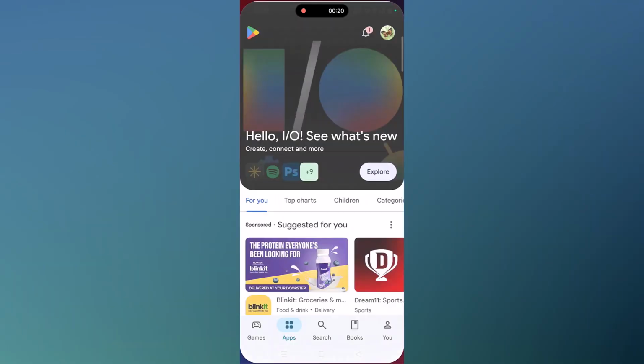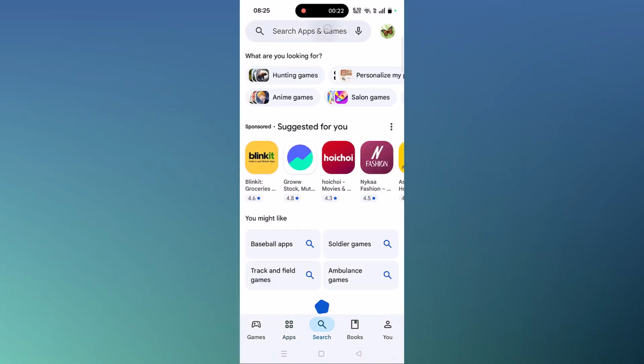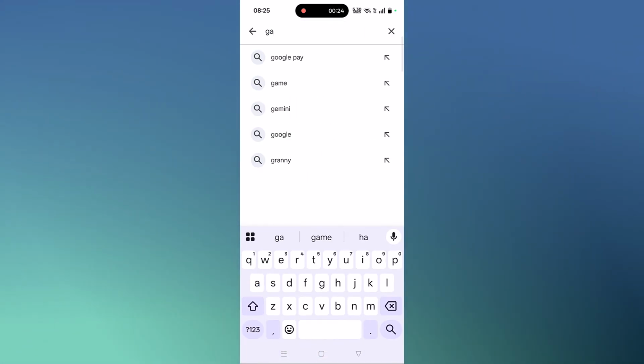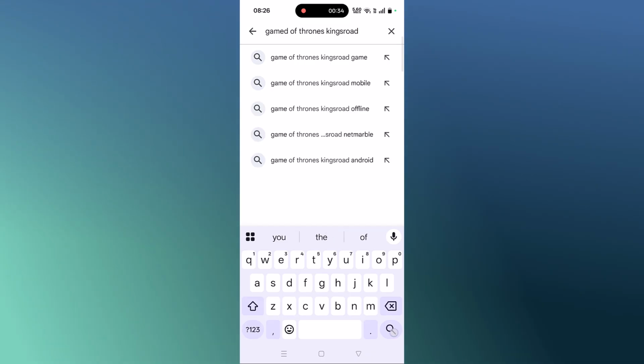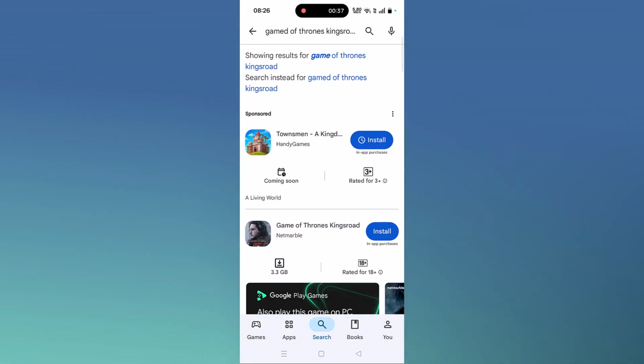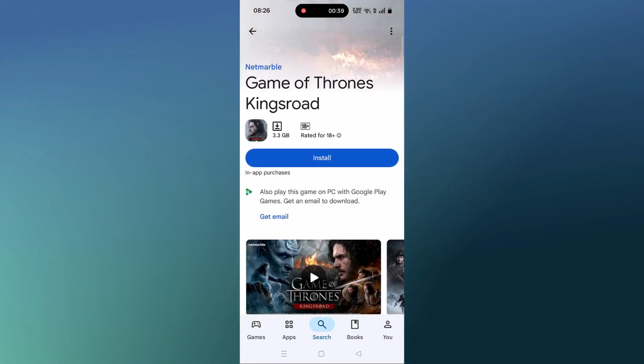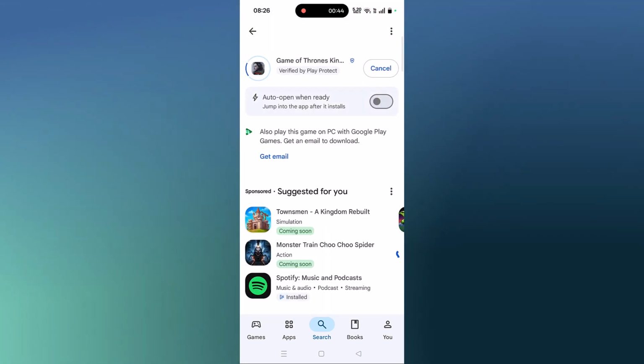So open Play Store, tap on search, and search for Game of Thrones Kingsroad. Then tap on Game of Thrones Kingsroad game, and here you will see the install button. So simply click on the install button,